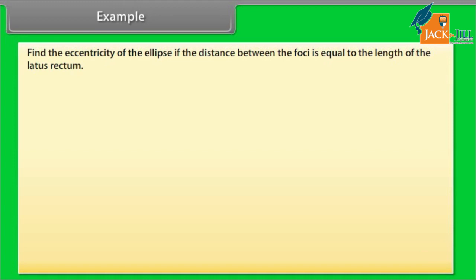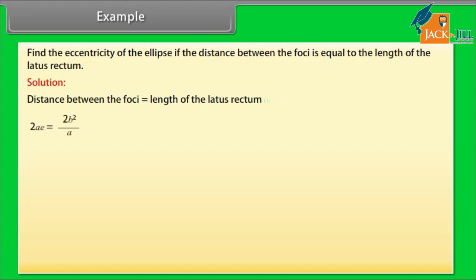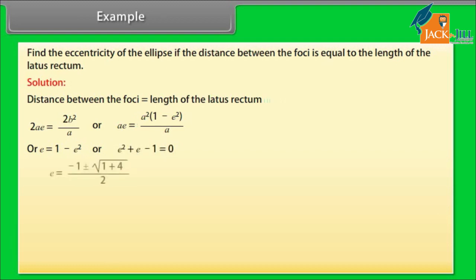Example: find the eccentricity of the ellipse if the distance between the foci is equal to the length of the latus rectum. Solution: distance between the foci is equal to the length of the latus rectum. 2ae is equal to 2b squared upon a, or ae is equal to a squared into (1 minus e squared) upon a, or e is equal to 1 minus e squared, or e squared + e - 1 = 0. e is equal to